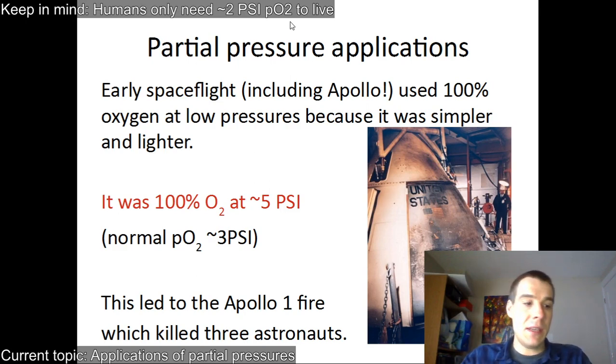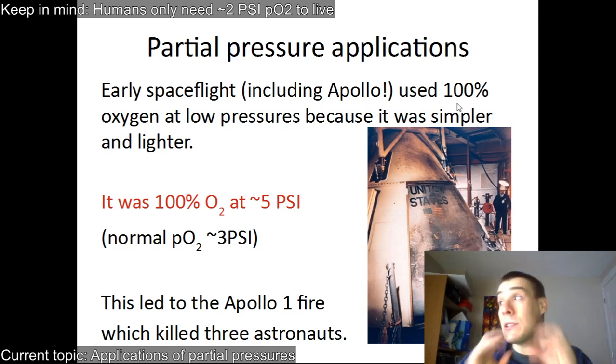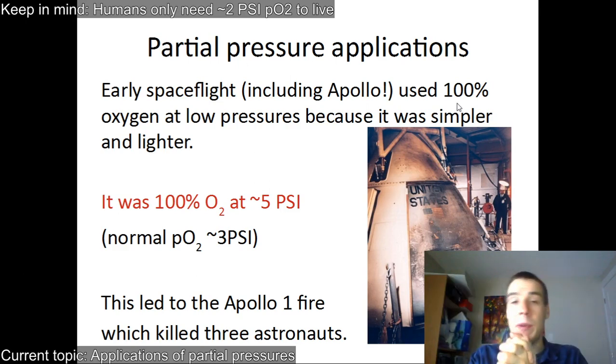And so in early spaceflight, they took advantage of this by using 100% oxygen in the atmosphere, but at very low pressure, because it was simpler. You only needed one tank, just an oxygen tank. You could fill up the capsule with a lower pressure, so there was less chance of leaks and stuff like that. And it was actually a decent decision. The problem was oxygen makes things very flammable. This is why the low pressure was important. If you kept it at a low pressure,